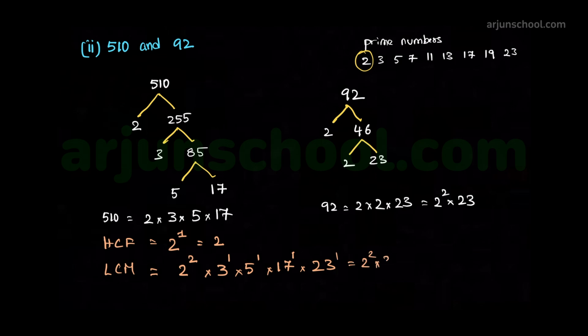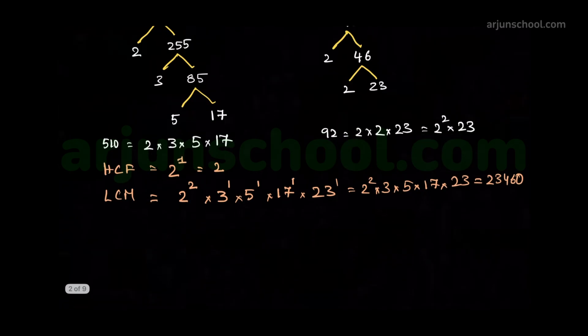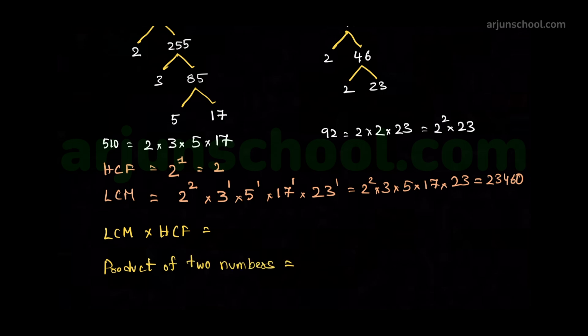Therefore LCM is equal to 2 square into 3 into 5 into 17 into 23, which is equal to 23460. Now let us do the verification. LCM times HCF should be equal to product of the two numbers. Now what is the LCM times HCF? 23460 times 2, which is equal to